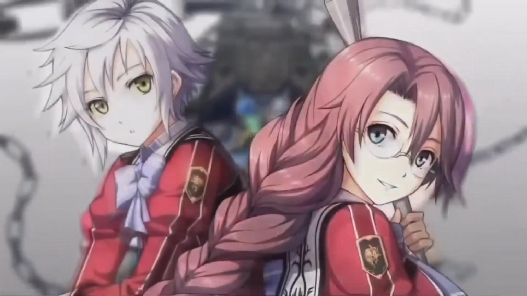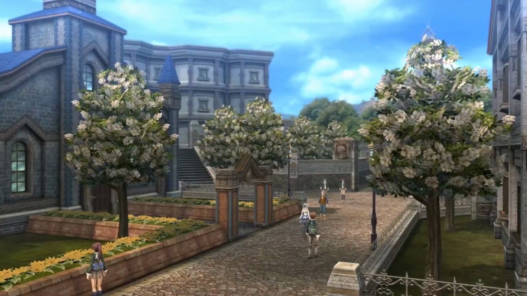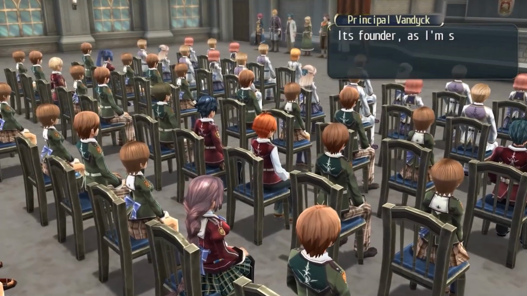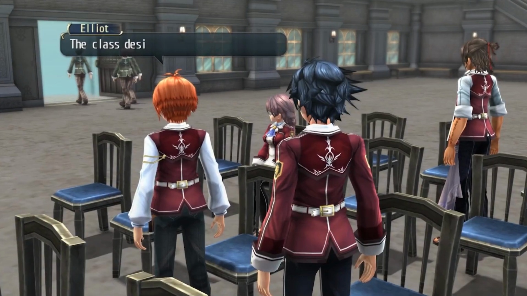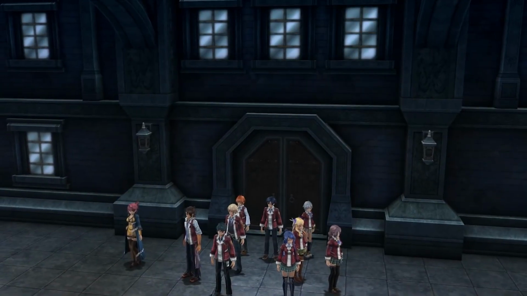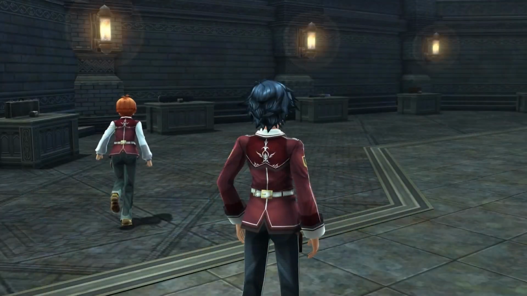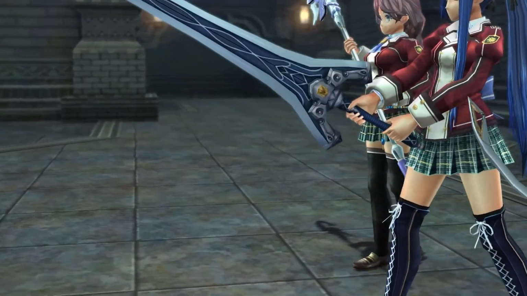In the Erebonian Empire, Rein Schwarzer enrolls at the Thor's Military Academy, which houses both noble and common class students. Depending on your social status, nobles are sorted into class 1 and 2, while the common students are sorted into the remaining classes. After orientation, you and 8 other students are informed that you have been hand-selected to be a part of a brand new program known as Class 7, which doesn't discriminate by social class, but by unique weapons